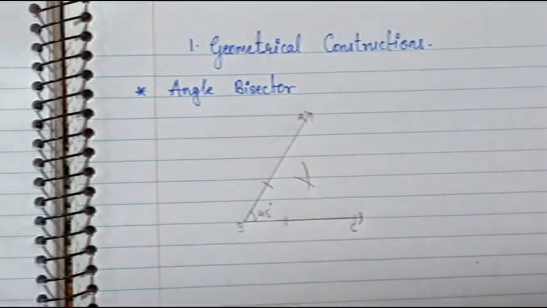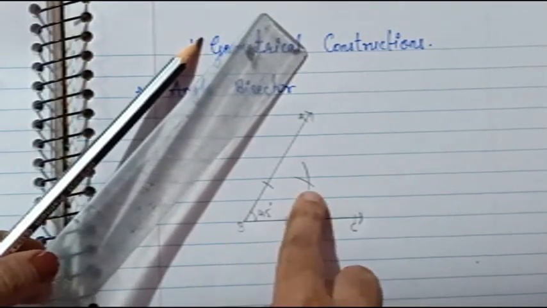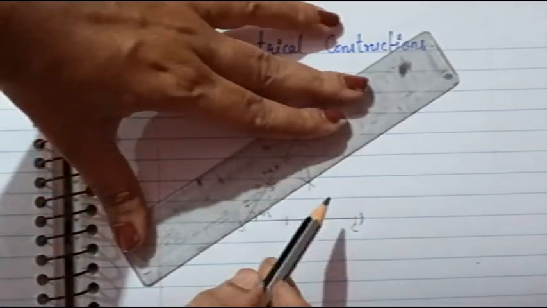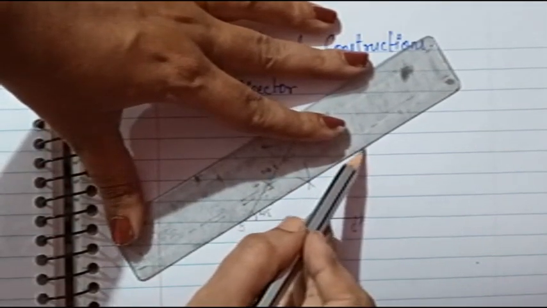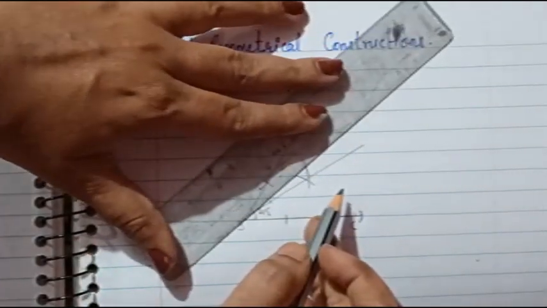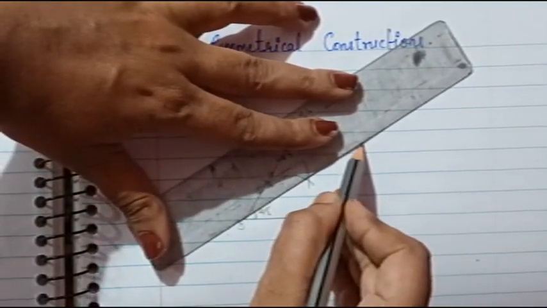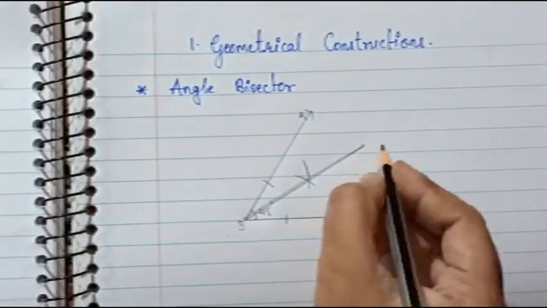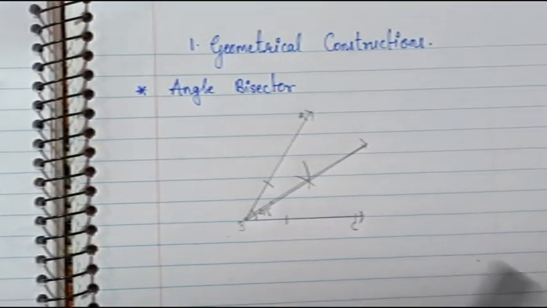Now you are supposed to draw a line which passes through the origin and passes through the arc which starts from the point B and passes through the arc. So it is C. It has gone a little bit that side. Okay, and so here students, you have bisected the angle.